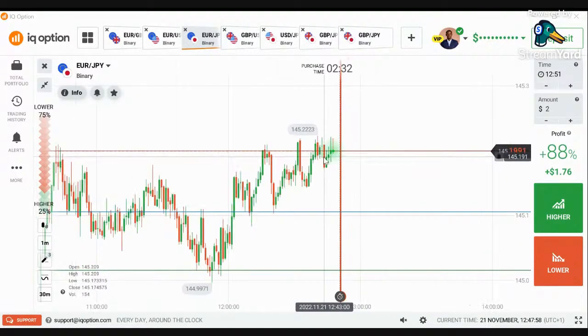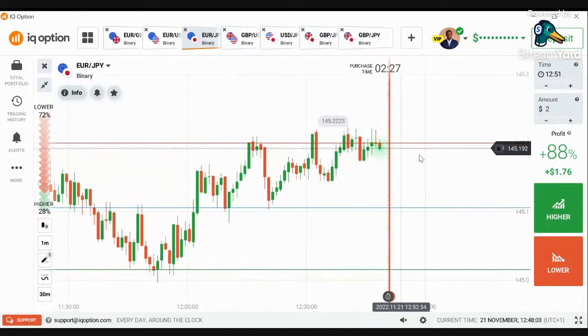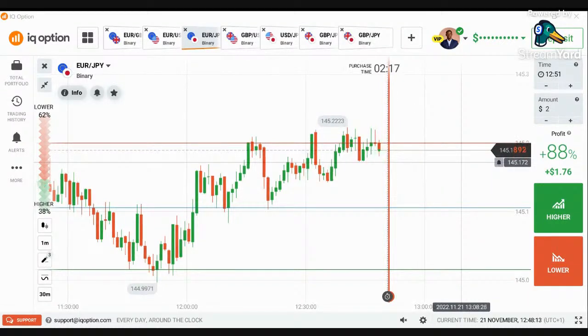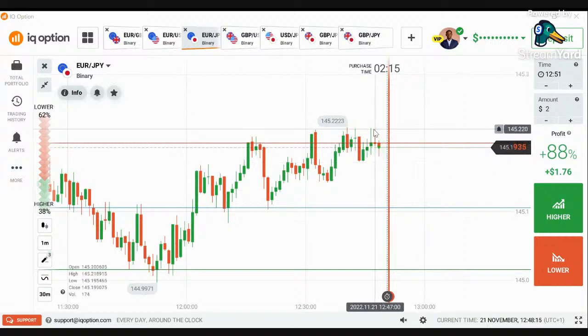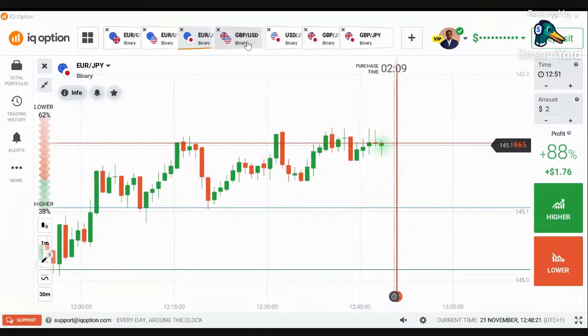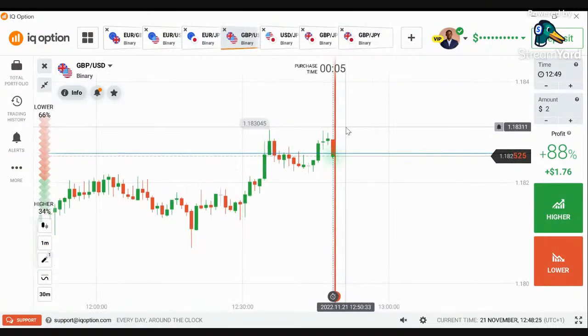Now you can see why, in case you wonder why I'm selling at this level. That's the high price. The market has been selling, selling, selling. So I just needed a good entry so that I can sell. That was why I was waiting for the market to go higher, but it got there and it was quite fast and it started dropping. But it's giving too many wicks at the same time too.